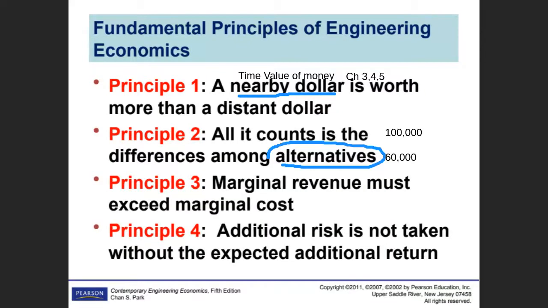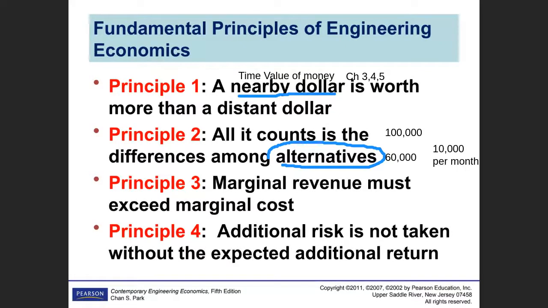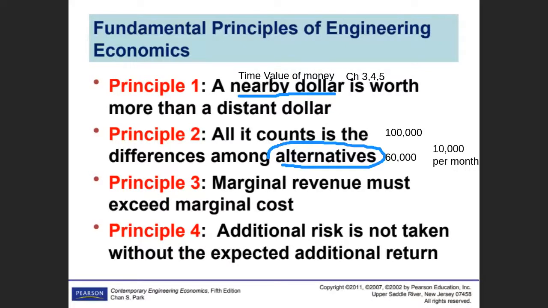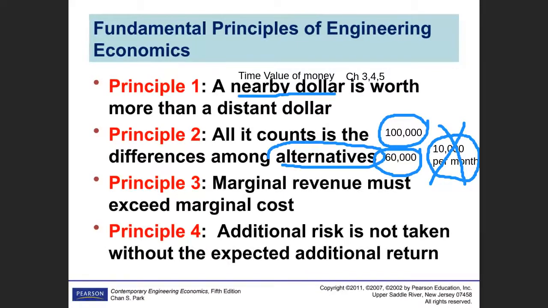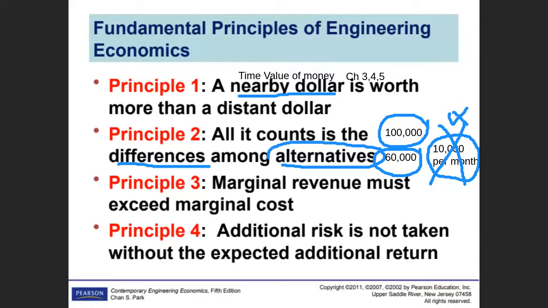Now, if you have to choose between a CNC lathe machine and a manual lathe machine, remember you have to pay this money, but in order to make the decision, this information is not relevant because it is the same under both alternatives. If you want to make a decision, it is based on either this number or this number. This is relevant. This is what we are saying: all that counts is the difference between alternatives. This one is not an alternative, it is the same, so it should not be considered. You have to make a choice between these two.